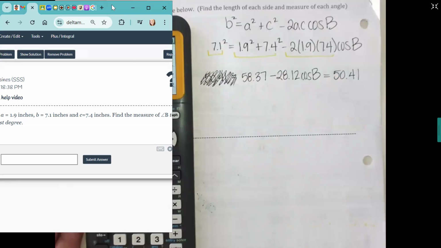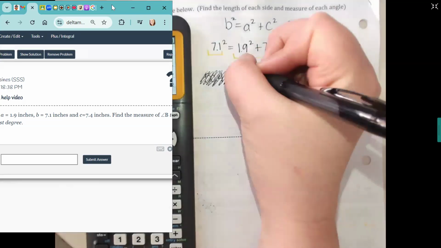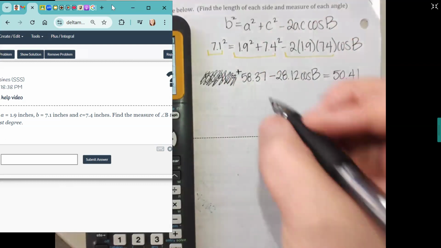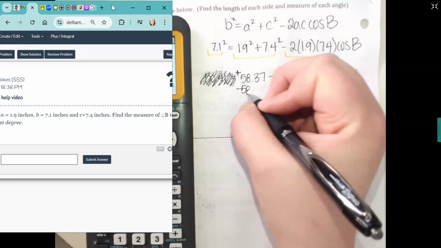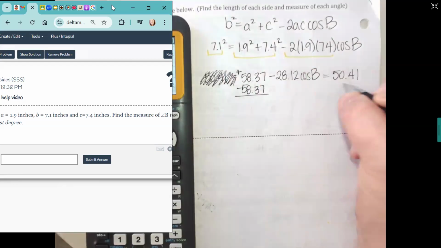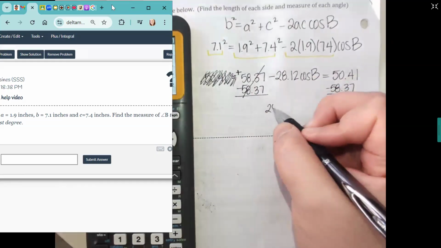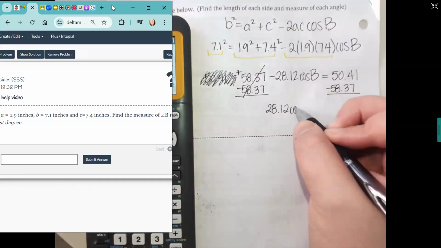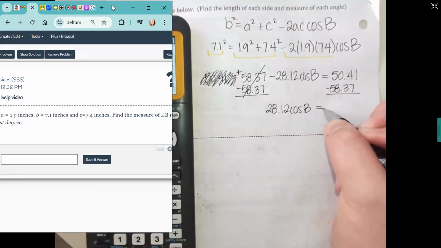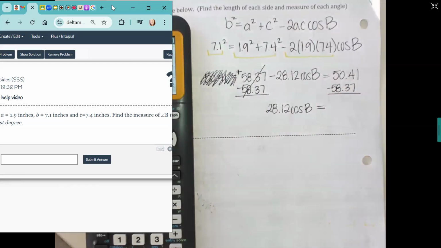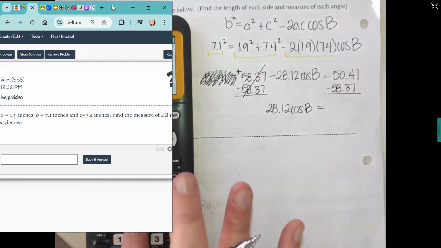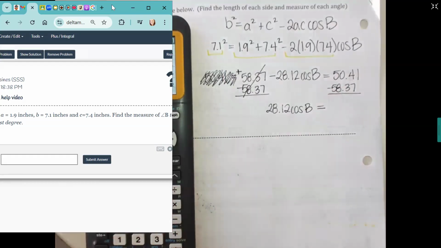How did we move it if it's a positive 58 right now? We minused it across. So minus 58.37 across. And I get 28.12 cosine B equals. And then we'll subtract this in the calculator. It is okay if it comes out negative. So 50.41 minus 58.37,